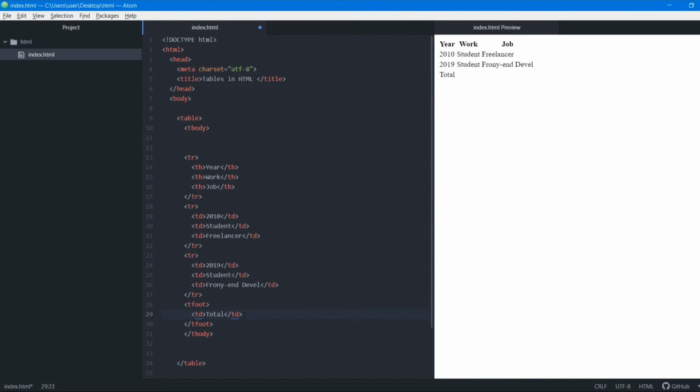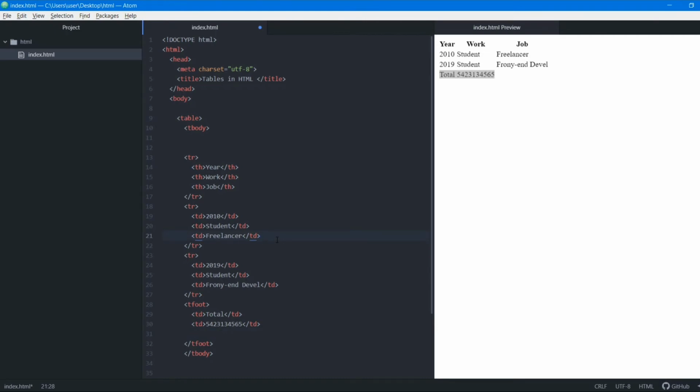And then here, if you want to do mathematical calculations, suppose you have serial number instead of year, and some accounting part that you want to add up, you can add total, then add one more td, and write the answer, the total amount. So you can use table foot for anything that you want at the bottom, like the final answer or the conclusion of the table.